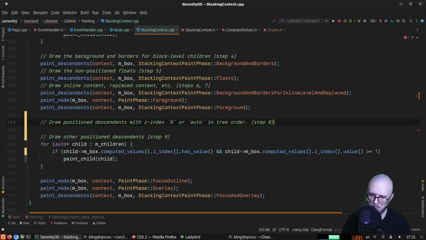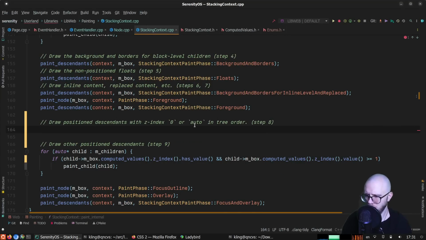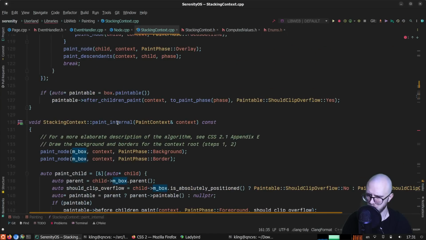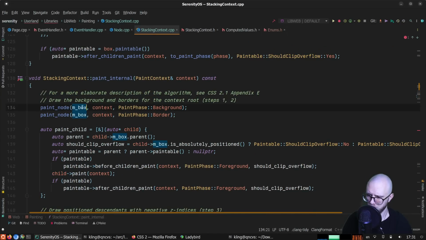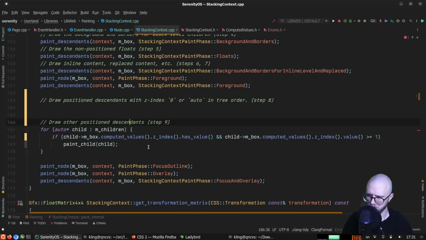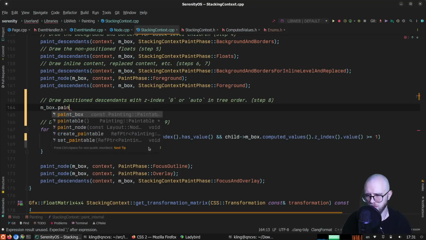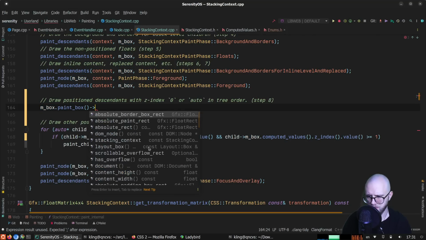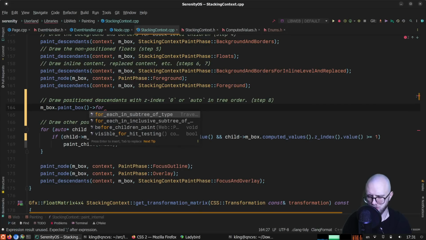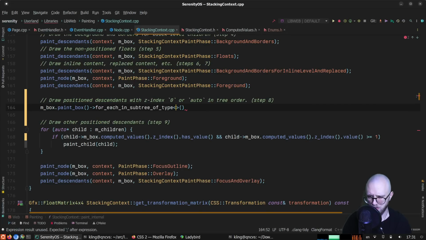Step 8. Okay, so that would be something like starting from the box. Yeah, so the box is going to be our layout box. We'll just start there, I guess. So mbox paint box for each in subtree of type. So for all of the paintable boxes in our subtree,